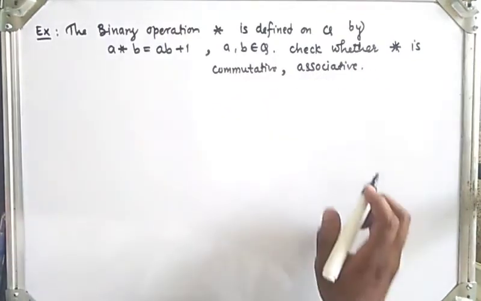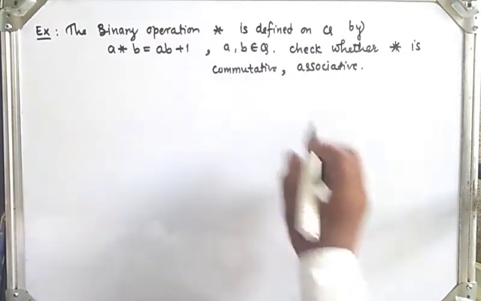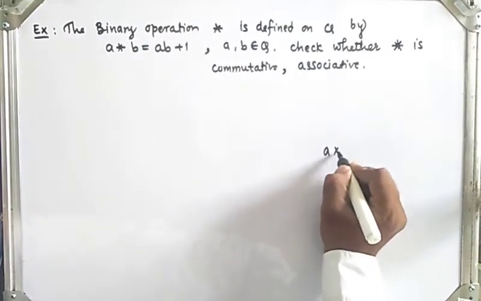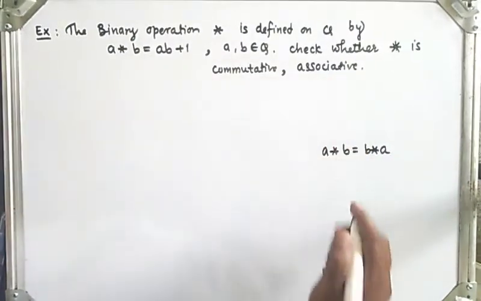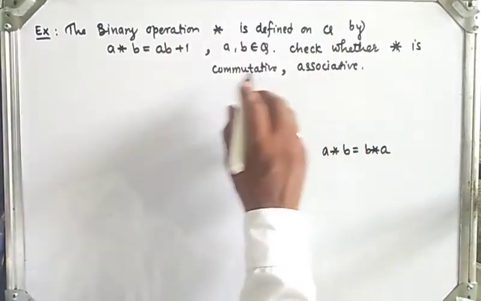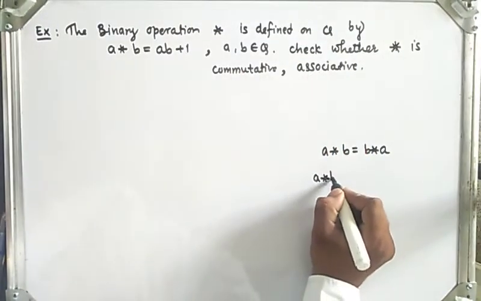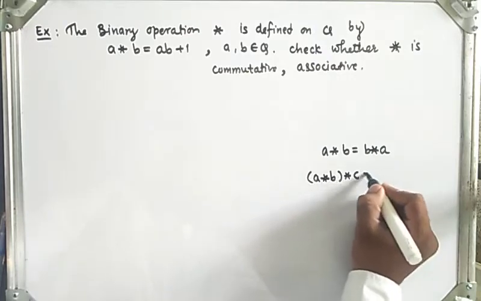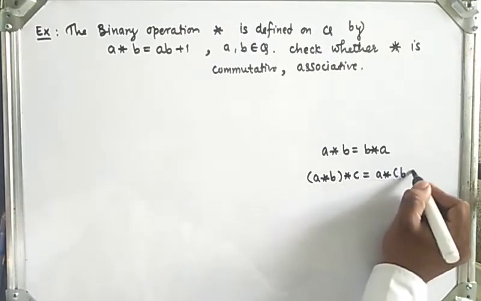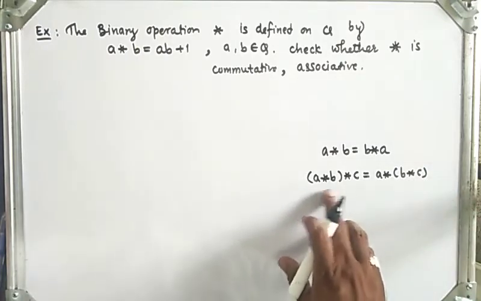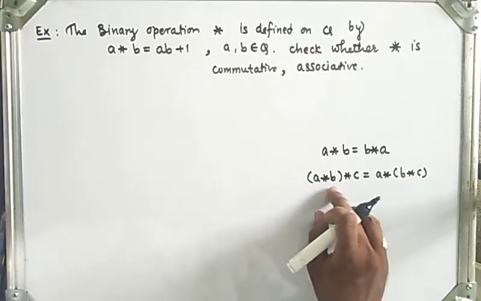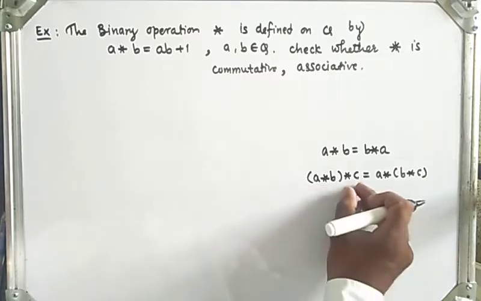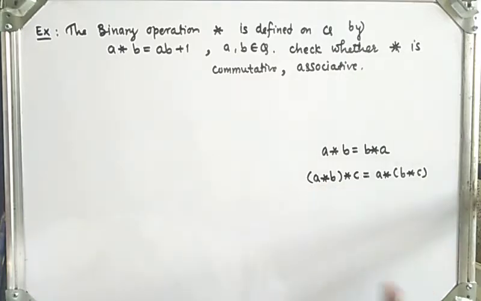So we have seen in the previous lecture, if star is commutative then it satisfies the property A star B is the same as B star A. And the associativity property is, if there exist three elements, then (A star B) star C is the same as A star (B star C). So (A star B) star C means what? First solve this bracket, and solving this we get another element which we apply again with C. After solving, if LHS is equal to RHS, then we say that it satisfies the associative property.